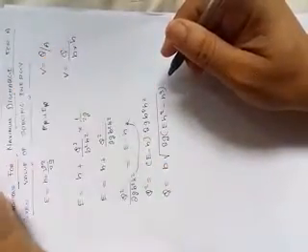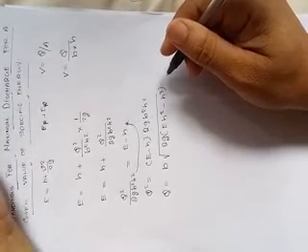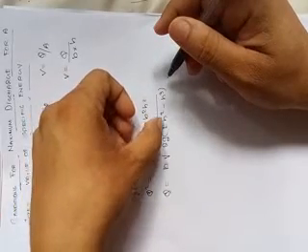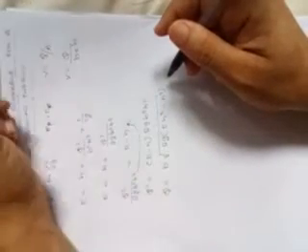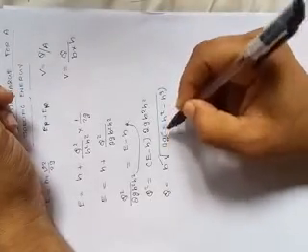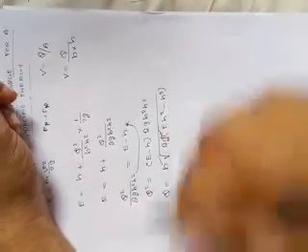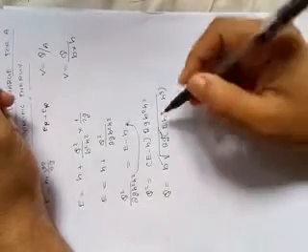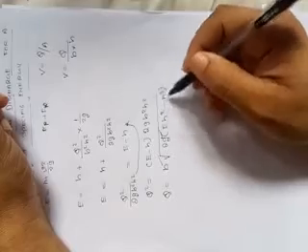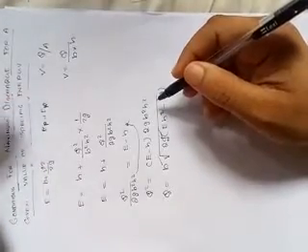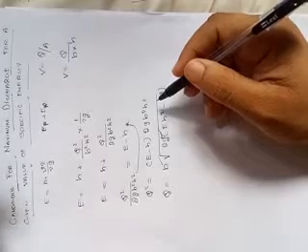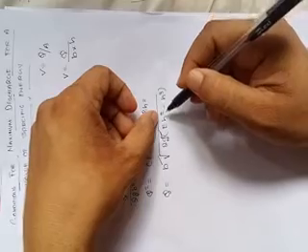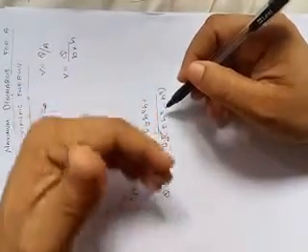For maximum discharge Q, the expression EH square minus H cube should be maximum, because breadth is a constant term and G, the acceleration due to gravity, is constant. So only the depth is going to change here. We are going to find out the maximum discharge conditions for a given value of specific energy. You have to find out the value of H. Here H is going to change, right?